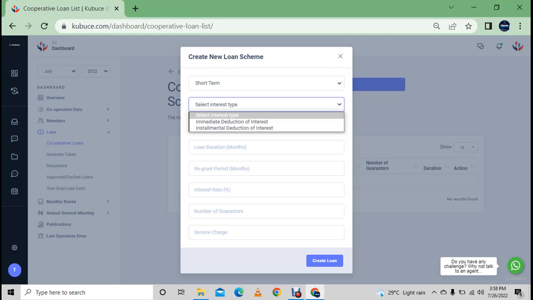These two features work differently. Immediate deduction of interest takes the interest instantly. The loan is approved by the admin, the interest is automatically deducted, and the remaining balance is given to the member. In the case of installmental deduction of interest,